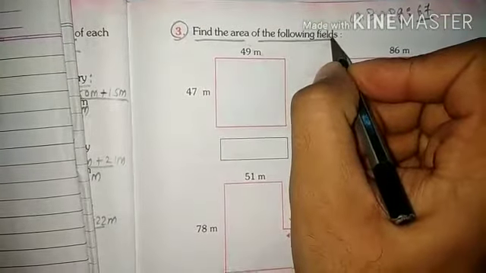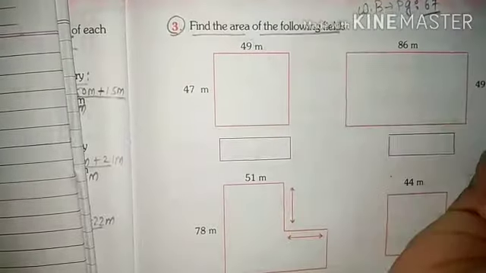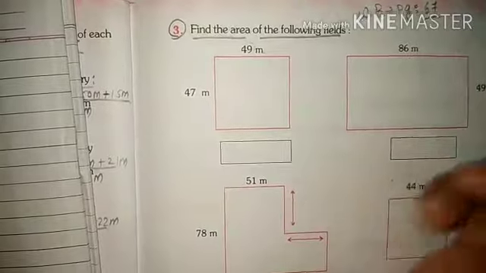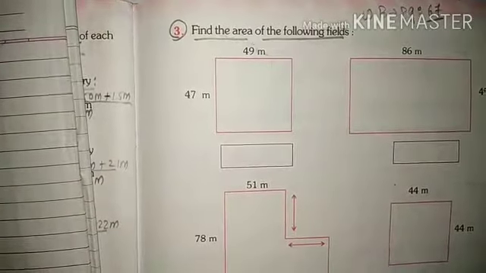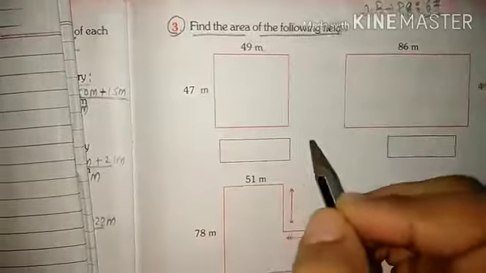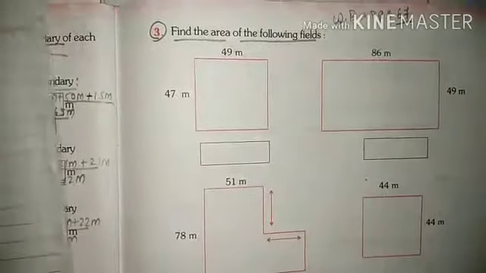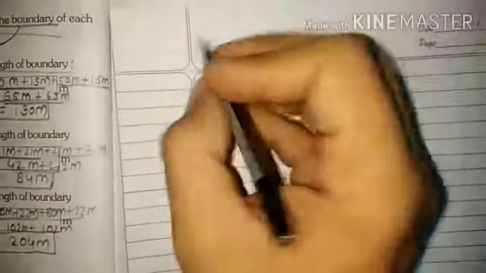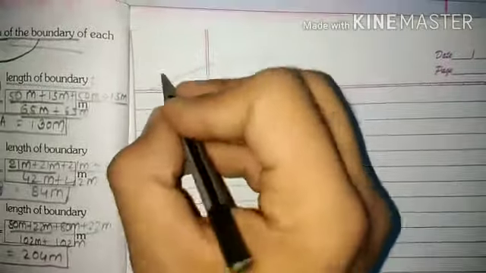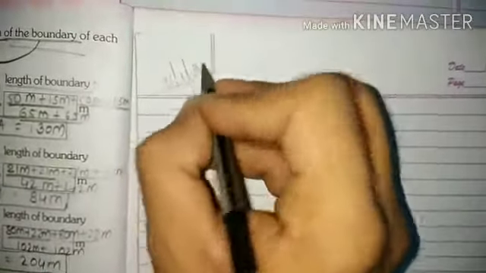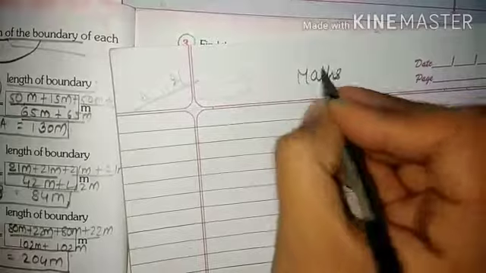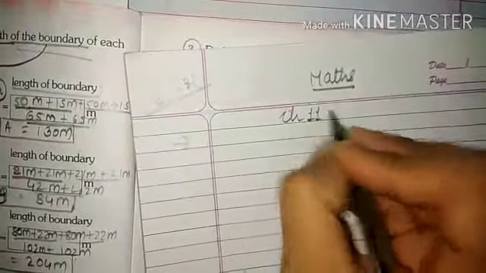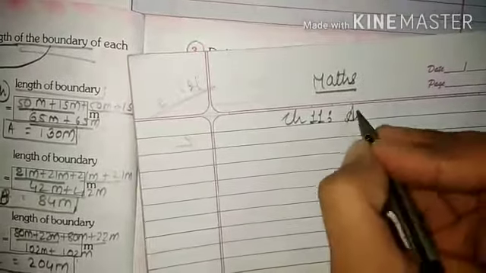Students, yesterday we have done one question in which we found the area. Now before doing this question, open your notebook, students. In that notebook I am writing some formulas, because to find the area of these shapes you need some formulas. So take out the notebook for mathematics, and first of all mark the date. Today's date is 21/1/21. Maths we are doing, and write down on the top of the page chapter number 11, area and the boundary.